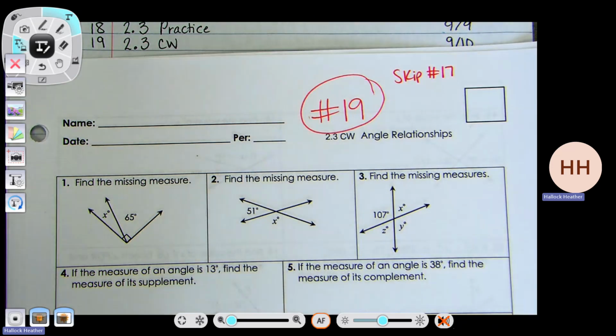Okay. So let's jump to number 9. We're going to do number 9. Number 9 is one that's completely in words. And I know you guys hate those ones. So for number 9,